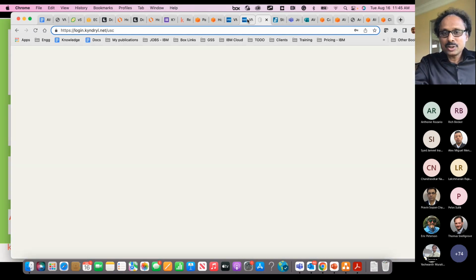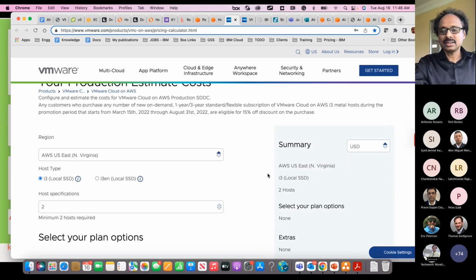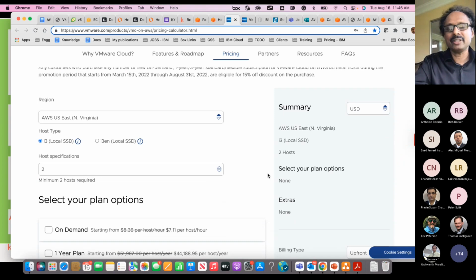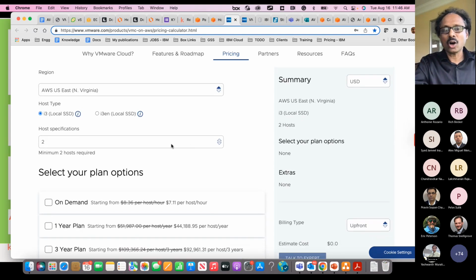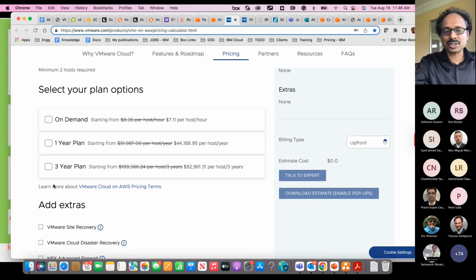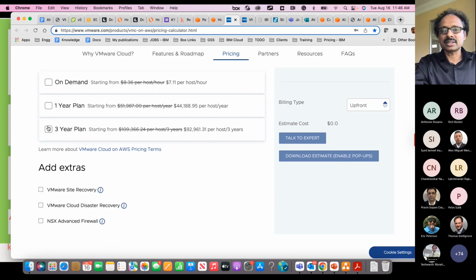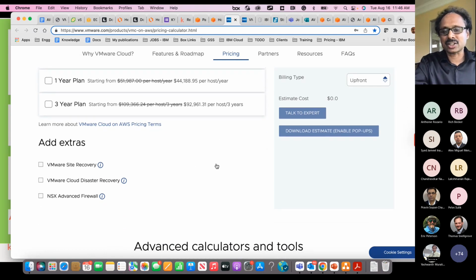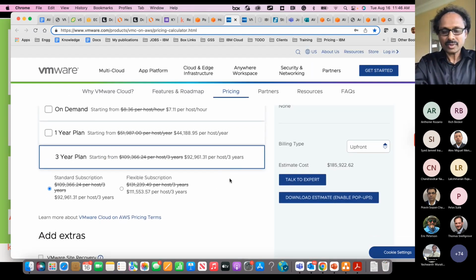The other thing that you need to be very careful about is how much it will cost. So here is a pricing worksheet provided by VMware in order to estimate the VMware Cloud on AWS pricing. And you can see how many bare metal servers you need to cost out, and whether it is a 3-year plan or 1-year plan. And this will provide you all the estimations needed to give to the customer, so that they can estimate it.